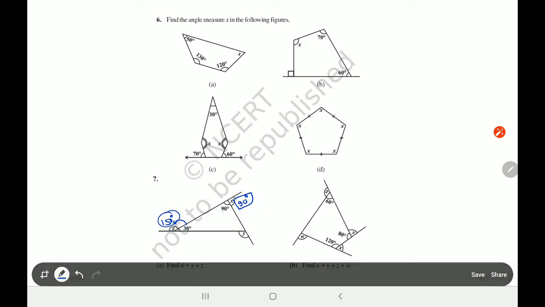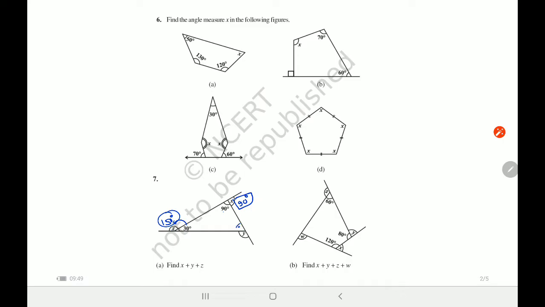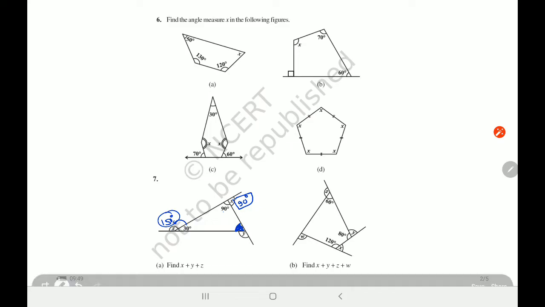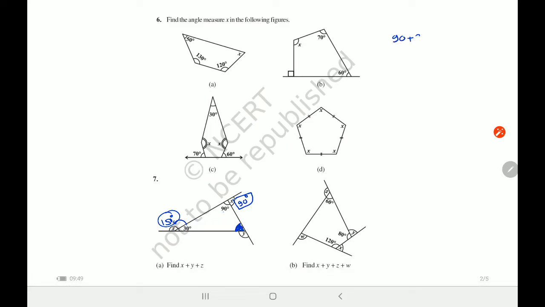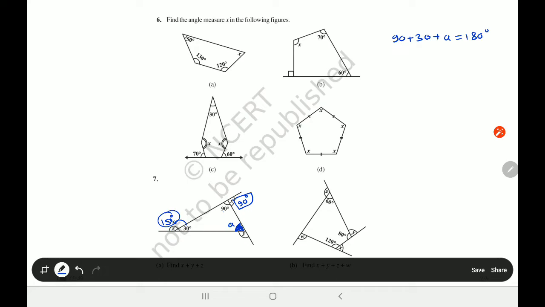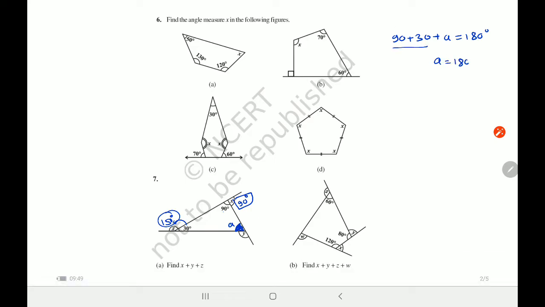बट y के लिए हमें इंटीरियर एंगल की ज़रूरत पड़ेगी. तो can we find out the interior angle by using this angle, by using angles and property of triangle. दैट मीन्स 90 प्लस 30 प्लस ये जो एंगल है, लेट मी कॉल इट a, प्लस a इज इक्वल टू 180 डिग्री. एम आई करेक्ट? In case that angle is not known to you, you can take some alphabet or some variable there, right? तो this is 120, शिफ्टिंग that side, a is equal to 180 minus 120. तो what the answer is, a is equal to 60 आ गया.